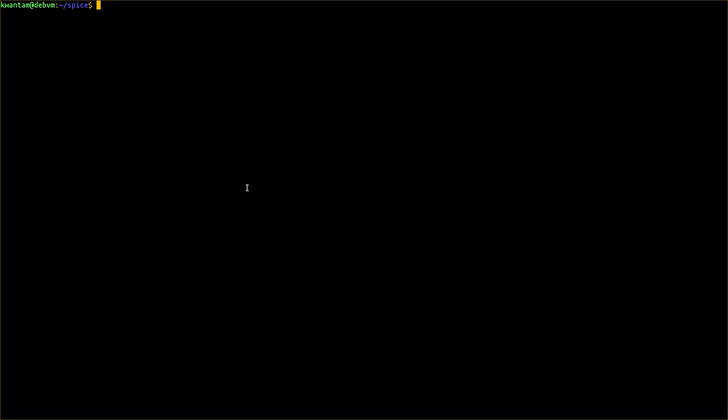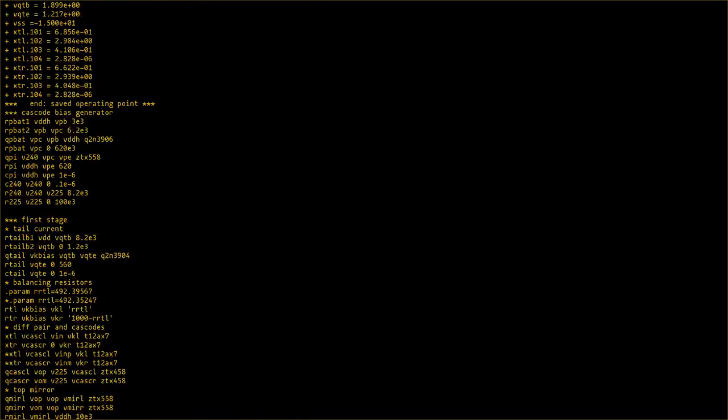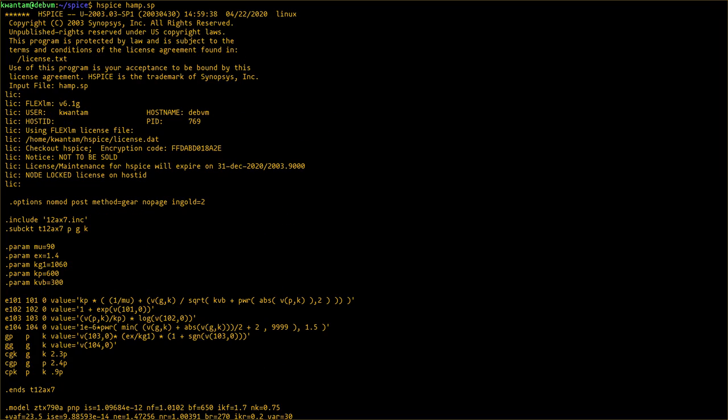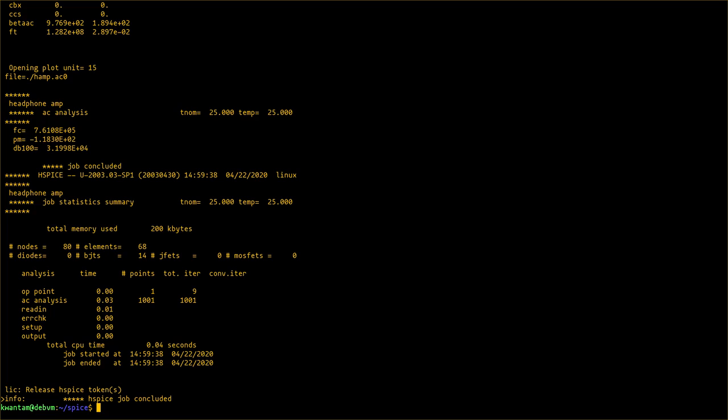Let's take a look at how we might analyze and modify the behavior of a closed source commercial program. So I have a circuit simulator here, and I've got a license for it. And I can run it just fine. But if we look at the top of the output, what we see is actually my license is going to expire in a few months. So I might reasonably worry, what's going to happen when my license expires? Well,